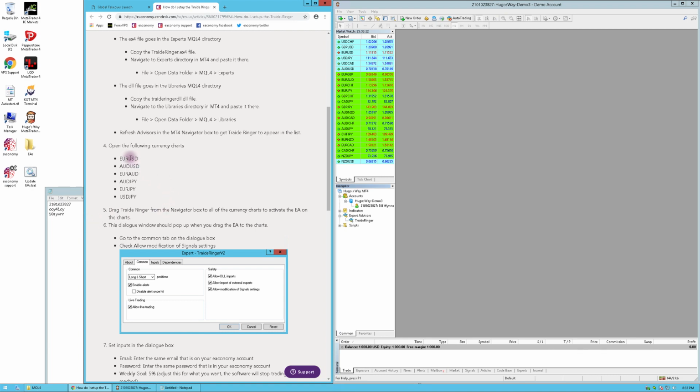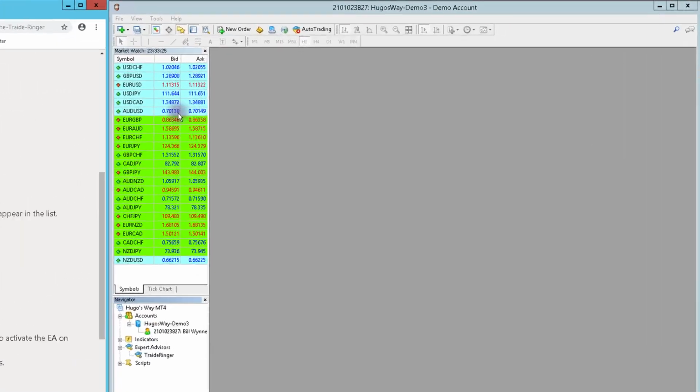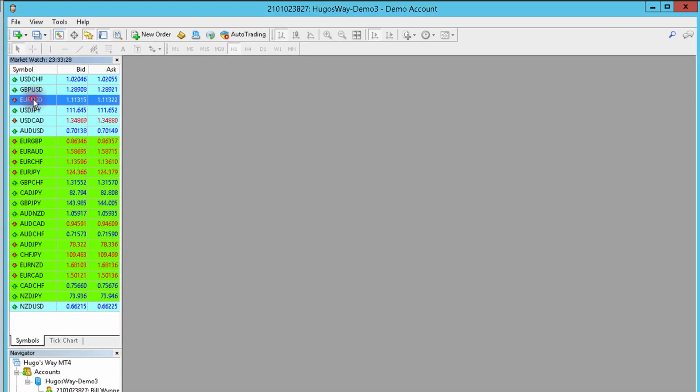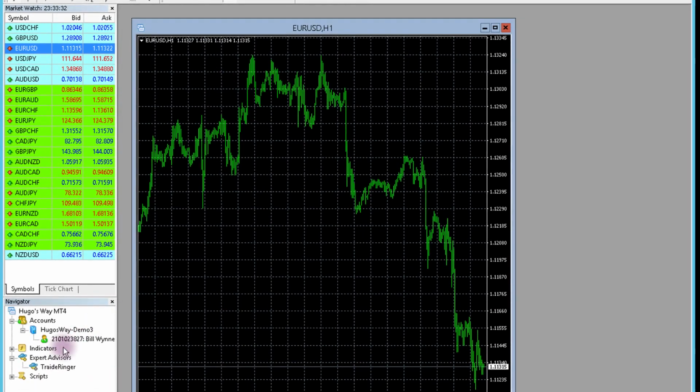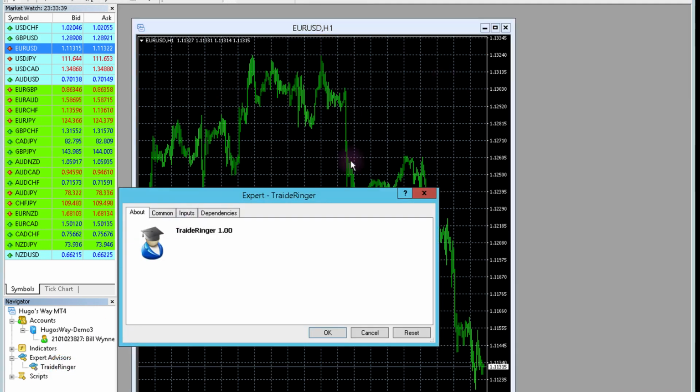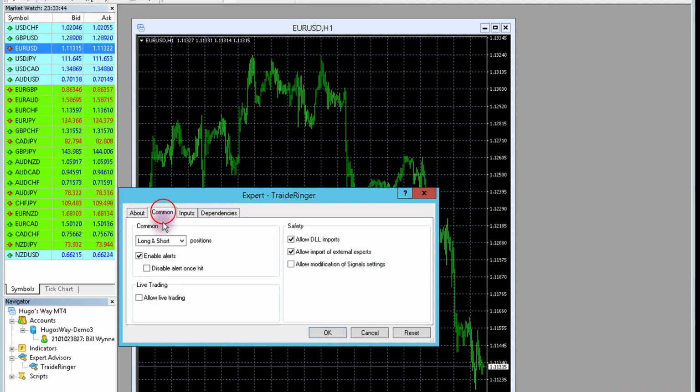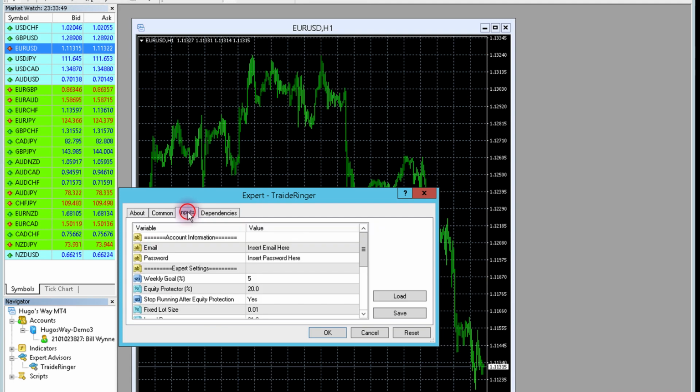And going down, the next thing we want to do is open up the Euro USD. So we'll take this one and we'll drag it out here to our area. What we're going to do then is we're going to take the Traide Ringer and we're going to double click on it, and we're going to go through these. We're going to go to the Common tab. We're going to make sure that all three of these are checked, plus these two. We're going to go to the Inputs,